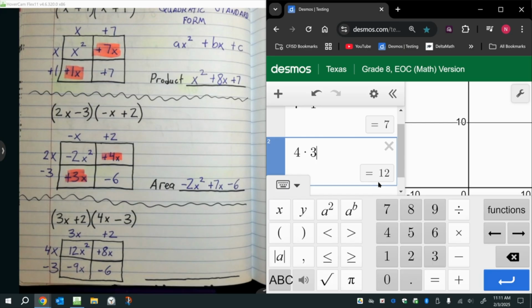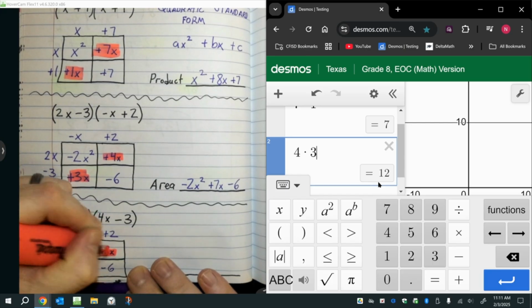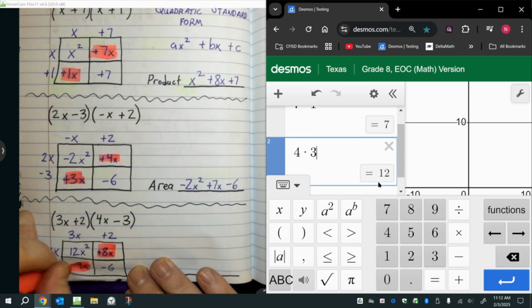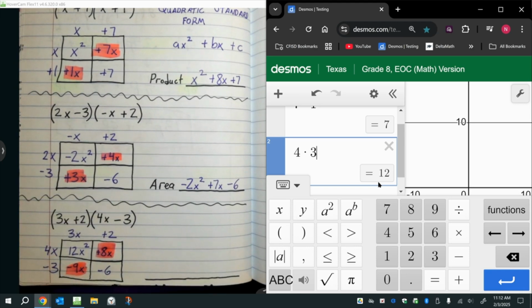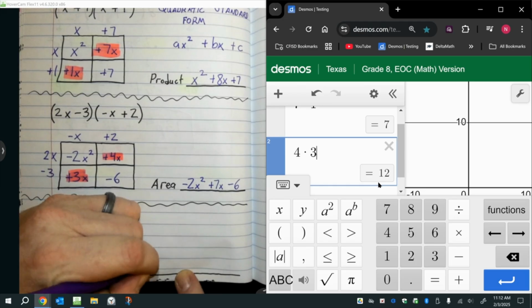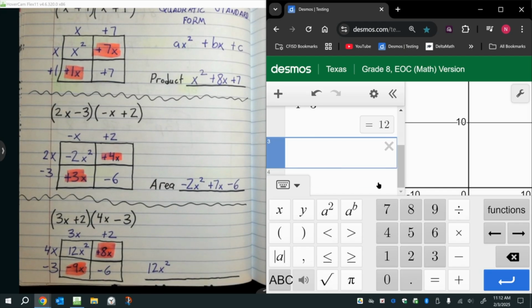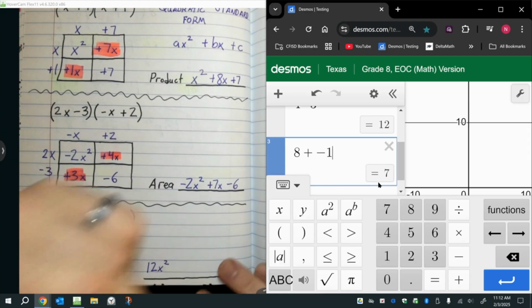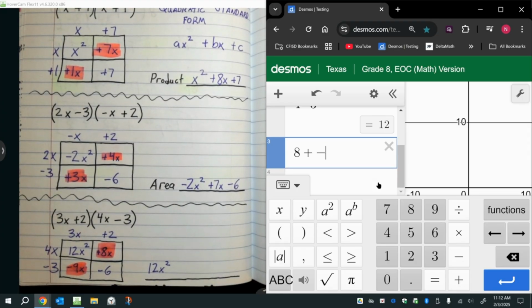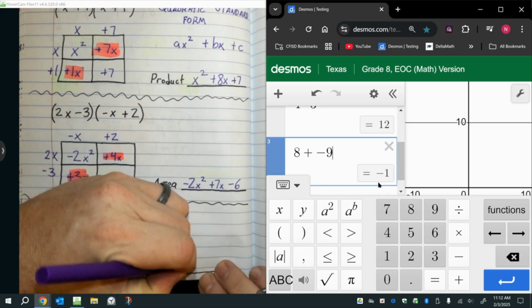Now we will grab our highlighter and we will combine like terms, which means when I grab this highlighter, I'm now adding things together. I'm adding. So I have my 12x squared, and then 8 and negative 9. Oh, I'm sorry, 8 with negative 9. That's a negative 1x